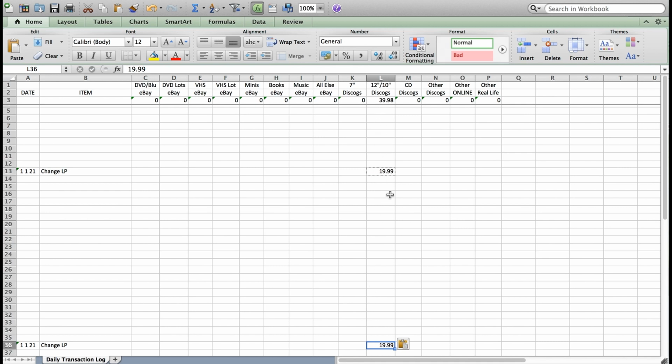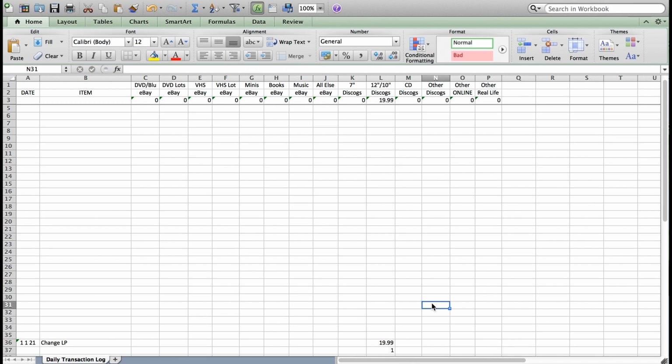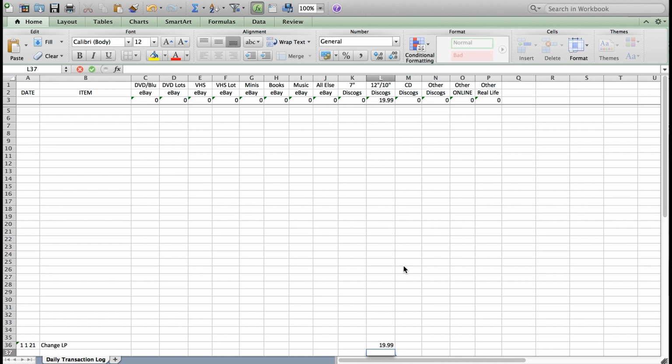So we know this works. But we're going to take this out. Take that out. Take that out. Okay. Now, if I put a number right there, it does not put that number into the total. The totaling starts on this line 36. So we'll just erase that one out because we're going to need those spaces later. Now, this is